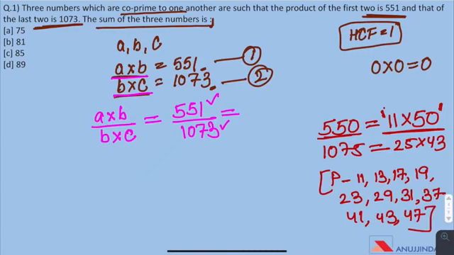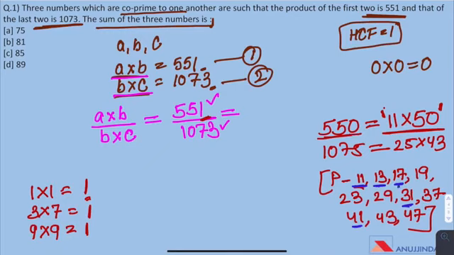As we see that the last digit here is 1. 1 into 1 gives the last digit as 1. After that 3 into 7 gives 1. 9 into 9 gives 1. Here we have to see the pairs. Let's see for 1: 11, 41 and 31. 11 into 31 is not equal to 551 and similarly 11 into 41 is also not equal to 551. Now we'll see for 3 and 7. No, this pair doesn't match. Similarly, this doesn't match as well. When we see 19 into 29, we get 551.